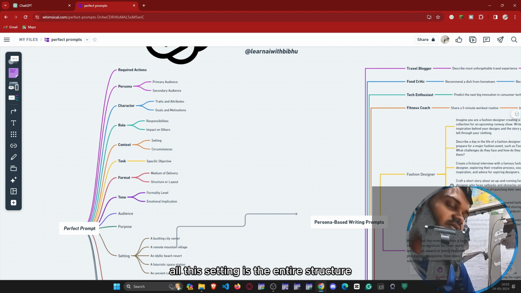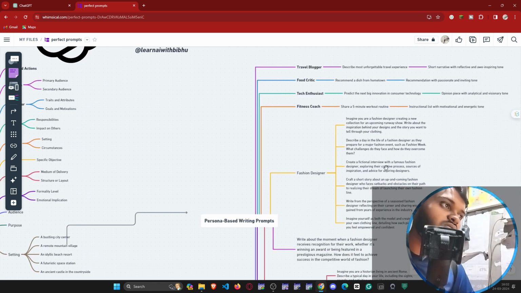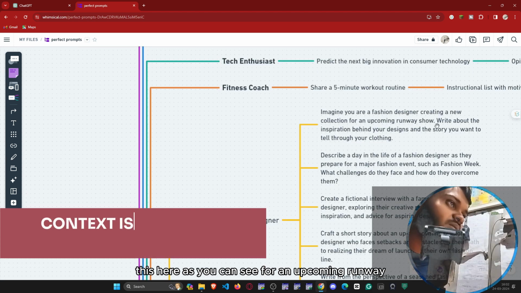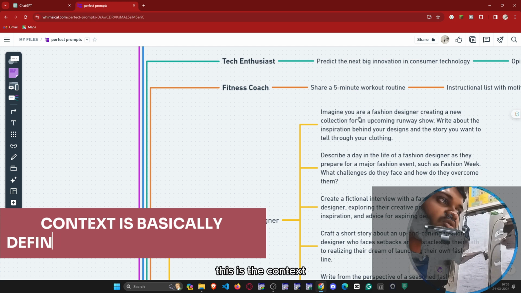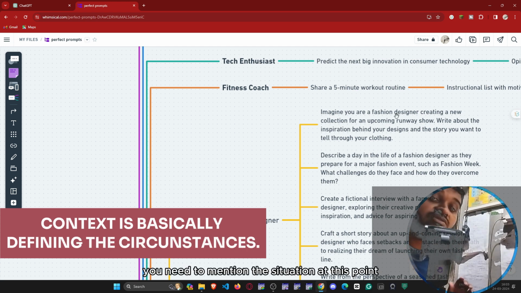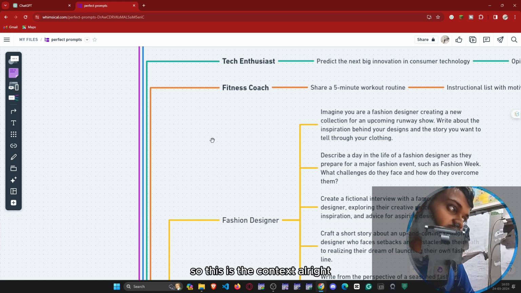The circumstance or the setting is the important context upon which the entire structure will be based. So as you can see, for an upcoming runway, this is the context, this is the situation. You need to mention the situation at this point. So this is the context. All right,